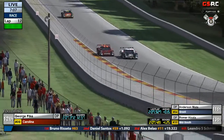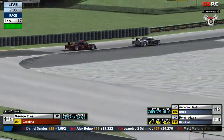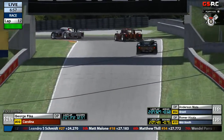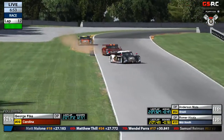However, Moda knows that it's not over as Fike tries to come back around the outside. Is he going to get the over-under? Not quite, as Moda carries his speed through turn 5 and is well clear by the time they hit the top of the hill at 6. George Fike will race you clean, but he'll race you hard, so...